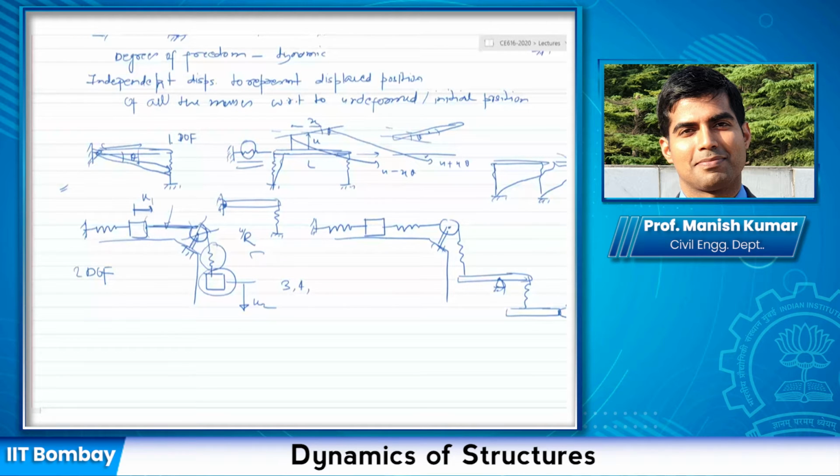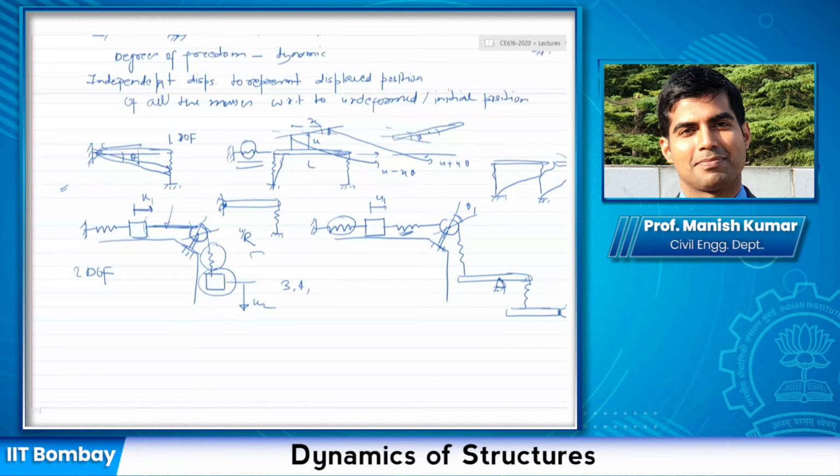Okay, so I know that this is my first mass. There is a spring here. I need 1 degree of freedom system to basically represent the displaced position of this mass. Correct? Now I have a spring here. So I cannot simply say that the displaced or the rotation of this pulley is related to u1 by simply theta is equal to u1 times the radius of the pulley. So for that I need to consider another degree of freedom system. Okay, now I have 1 degree of freedom system u1 and then I have theta 1 to represent another degree of freedom system.